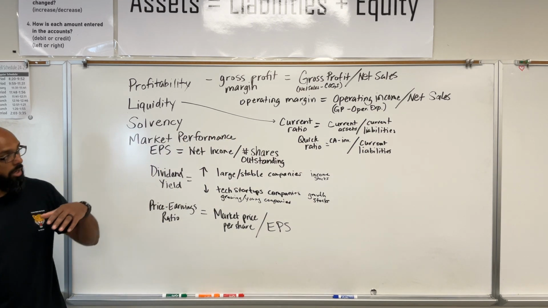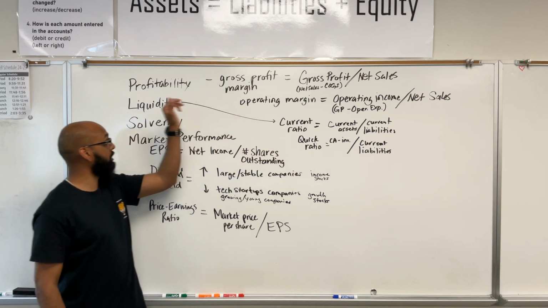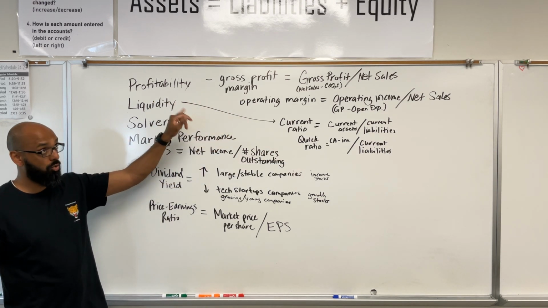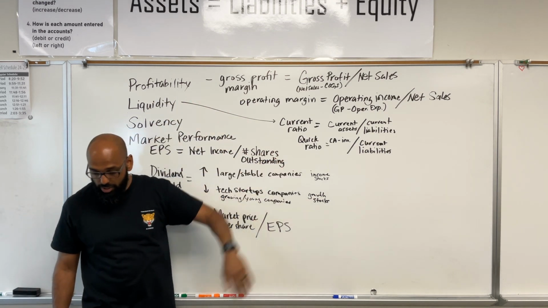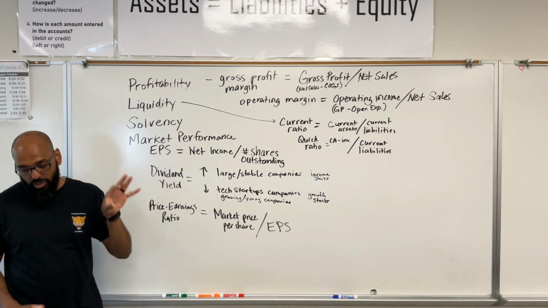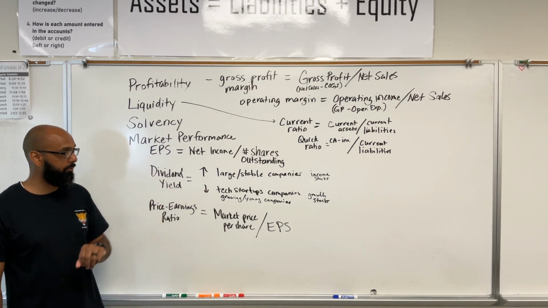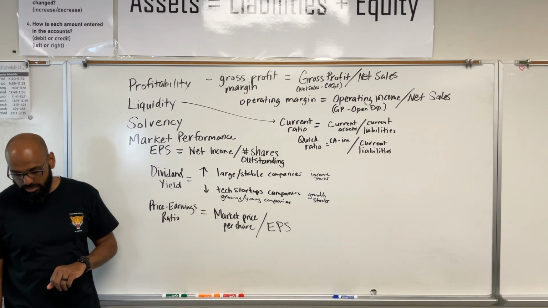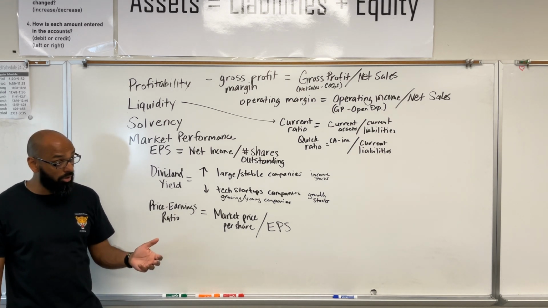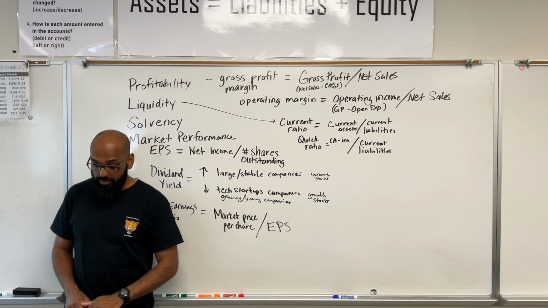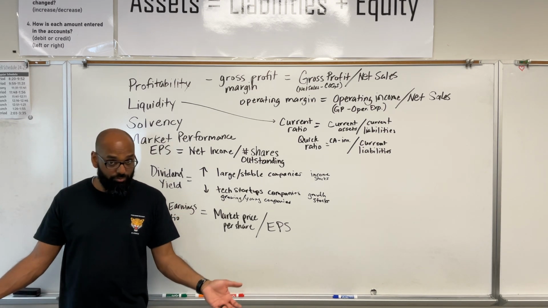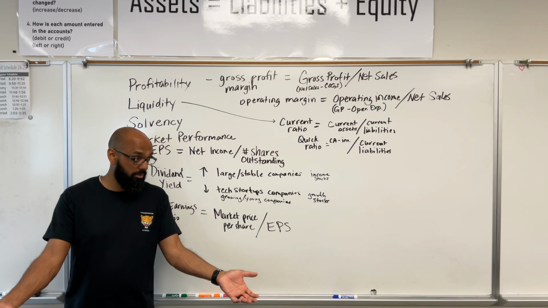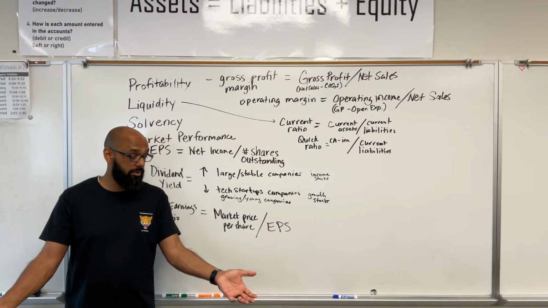This is a more conservative look at your liquidity, or your ability to pay your short-term debts, because the quick ratio focuses on cash and assets that are easily convertible to cash. If these ratios fall below your benchmarks, that indicates that you have liquidity problems. That's not a good sign.